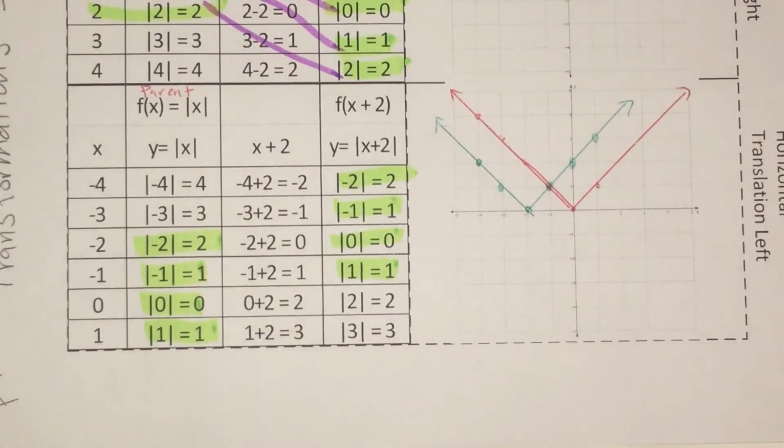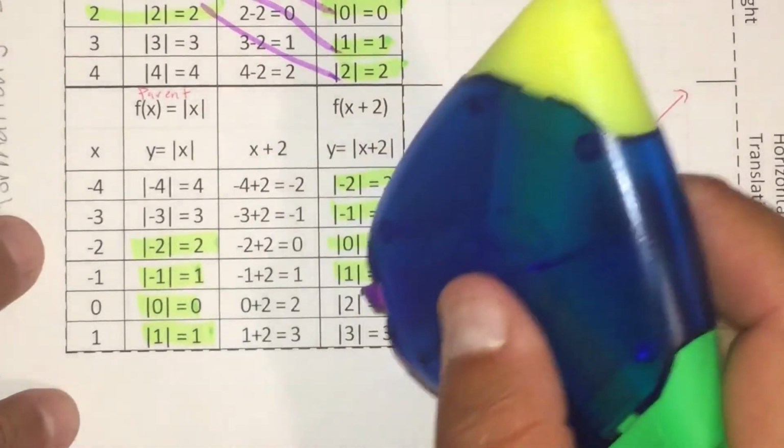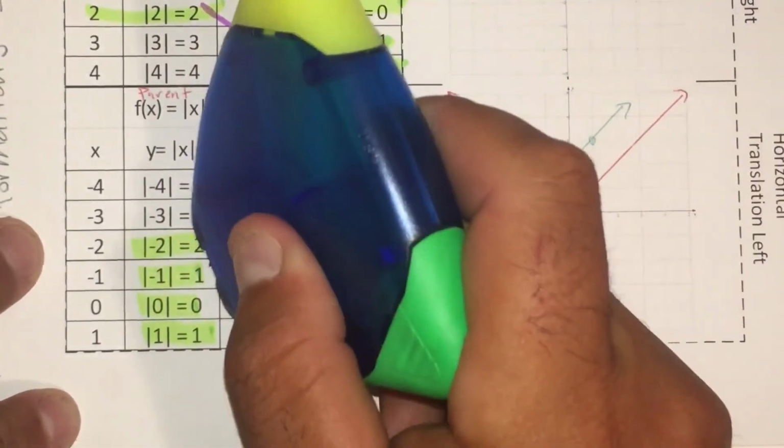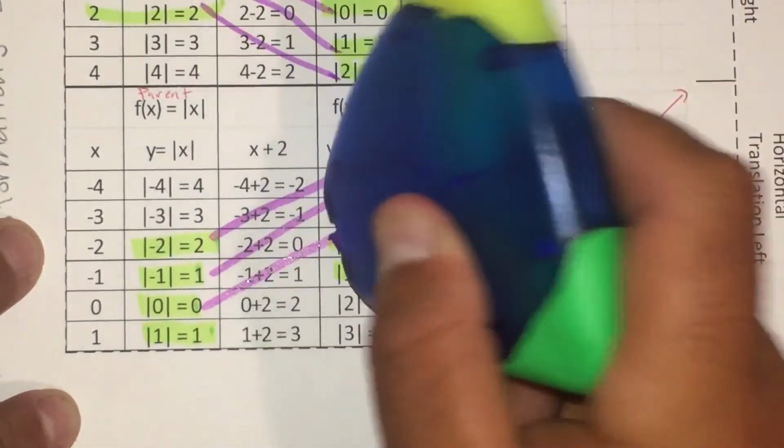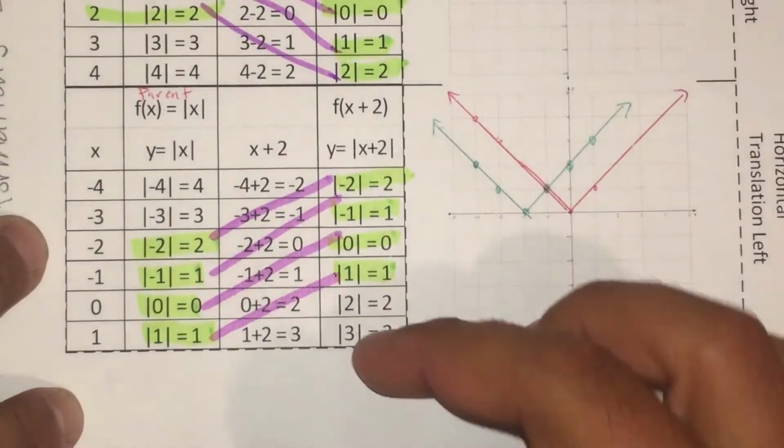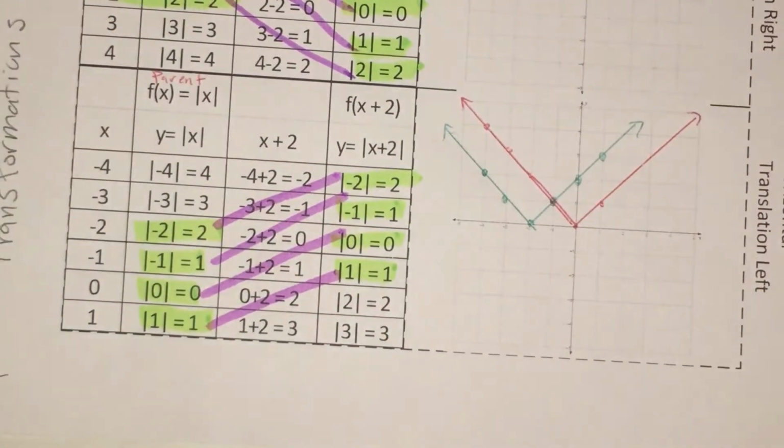But instead of going to the right 2 units, we're actually going to go to the left 2 units. That's why this is going upwards this time. So still moving up 2 units, which is actually making it translate to the left,